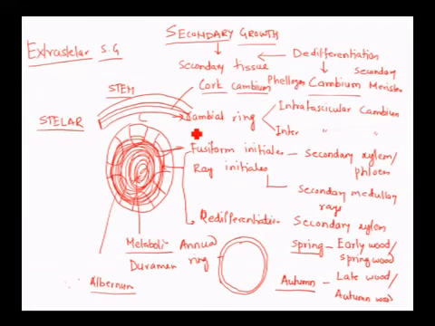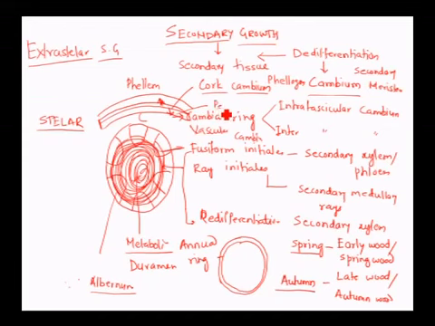Cambial ring is vascular cambium. Cork cambium is phellogen. Vascular cambium is for stelar growth, and phellogen or cork cambium for extrastelar secondary growth. Now in the cork cambium, the cells go on dividing toward the outer side and they are suberized, forming phellem, and towards the cortex the cells